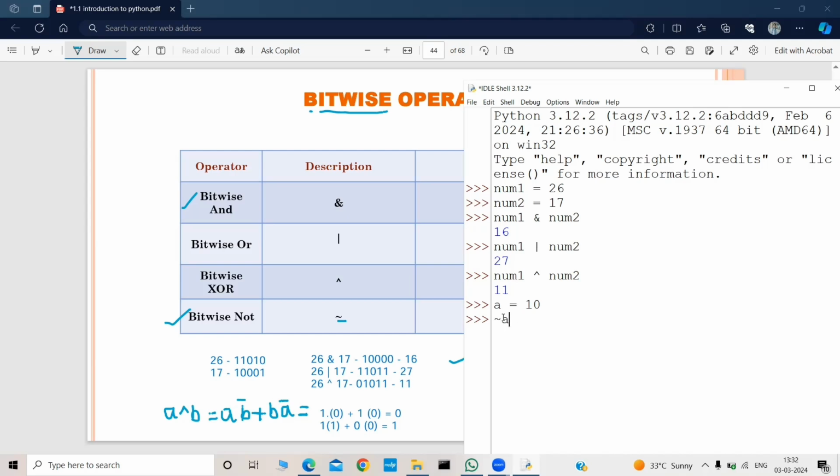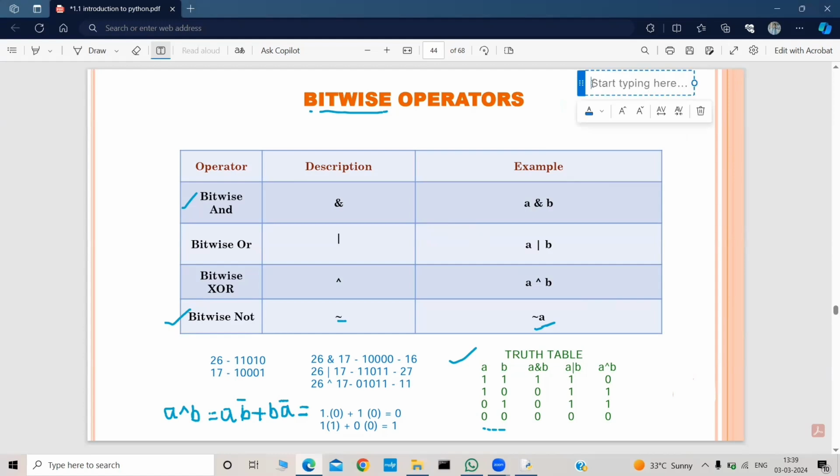This bitwise NOT symbol will be found below the escape button on the keyboard, okay? And I will do bitwise NOT of A. I got minus 11. So how do we get this minus 11 from A equal to 10 if we do bitwise NOT? Now consider A equal to 10, and the binary representation of this 10 was